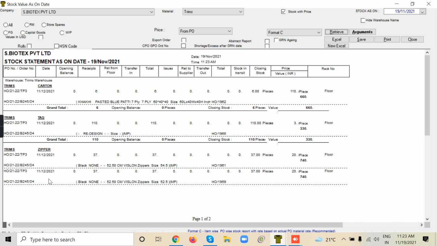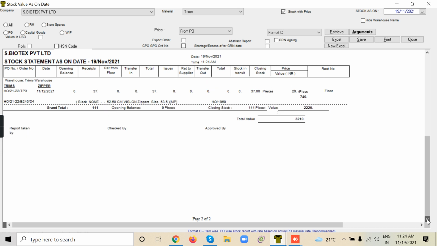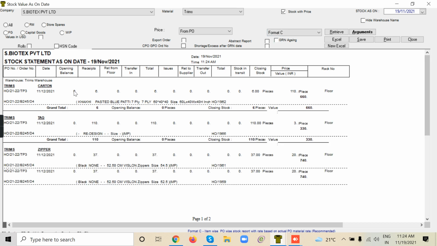If there is another stock, it will have a different PO number. This 6 pieces is TP3 stock. That's how the stock will show. So here in format C, you can see the stock information, how much is received. You can see receipts, transfers, and issues. And then finally, you can see the closing stock.